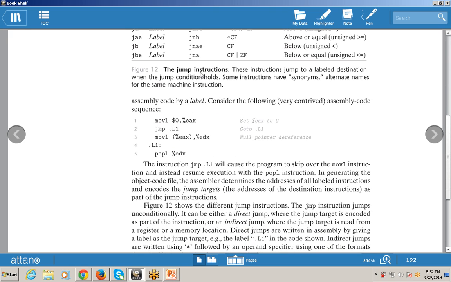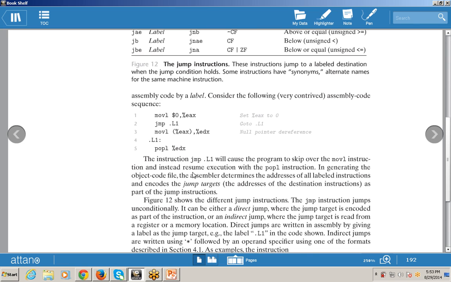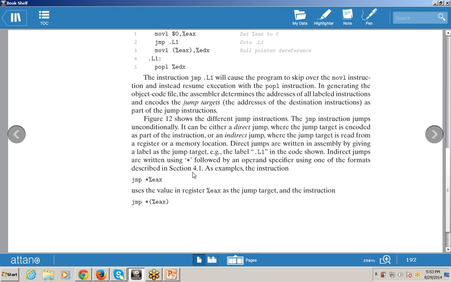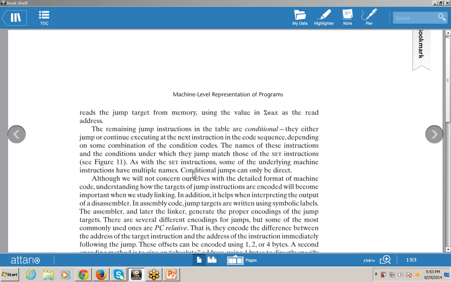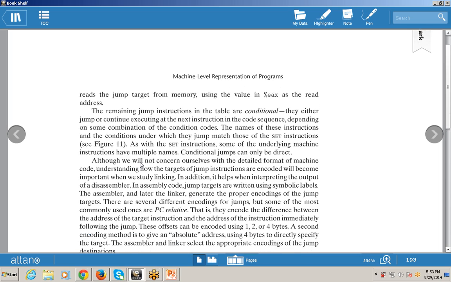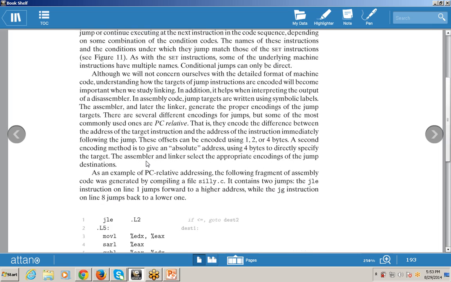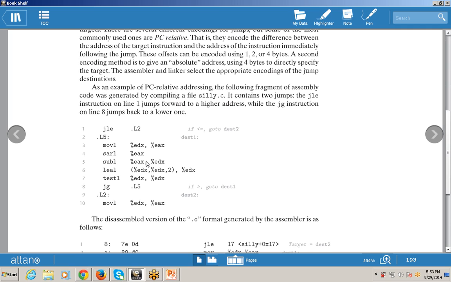This is the example. That is movl, move double word, $0, %eax. Set EAX, that is your register, to 0. Then go to line 1, that is L1. Then movl 1. This is another example.